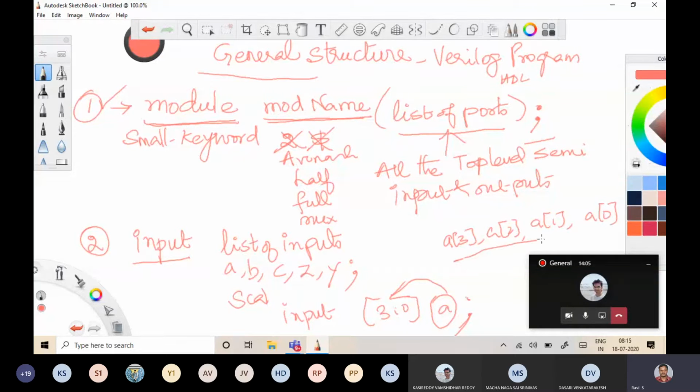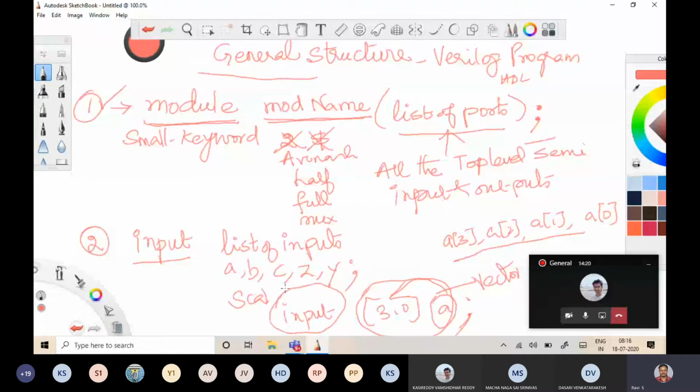A group of 4 wires you can represent as a vector. This is the representation of a vector in your Verilog. The keyword is input for all, whether it is a scalar or a vector.